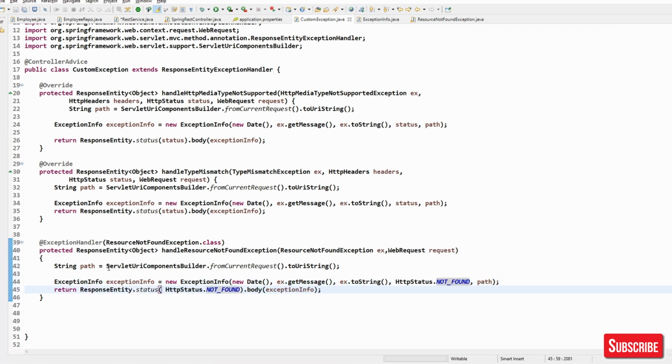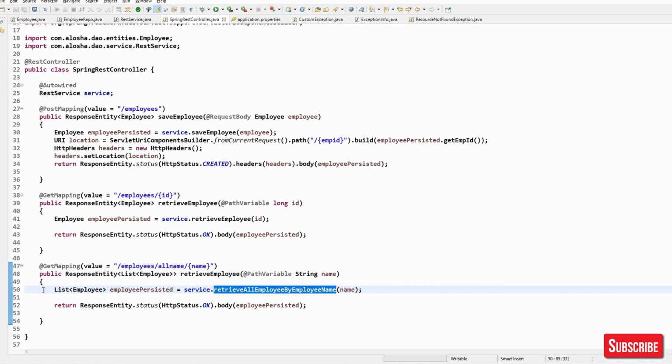Okay, we are good. So let me walk you through what and all we have done right now. Basically there is a URI which is going to respond with the list of employees when someone is trying to get data by using employee name, then we are going to send the list of employees.